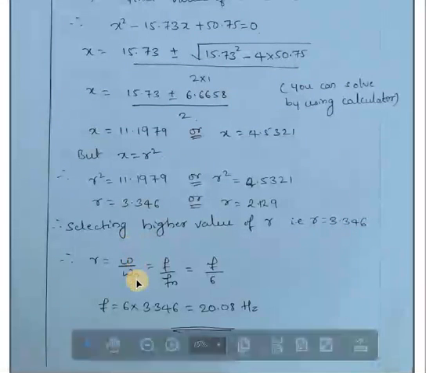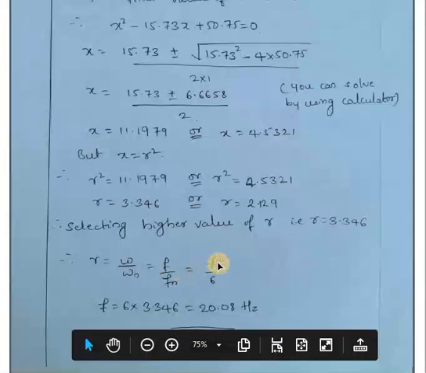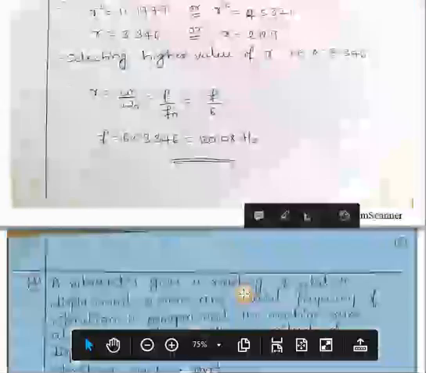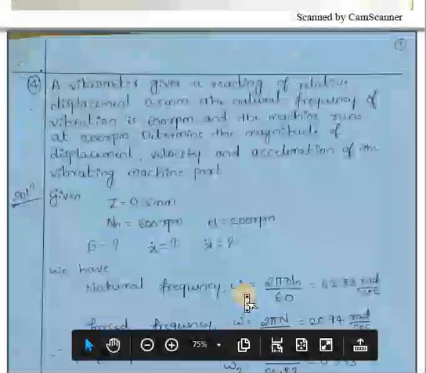So r will be omega by omega n, that is f by fn. In that, fn value is given as 6 hertz. So if you substitute that, you will get f value as 20.08 hertz. Then moving further,